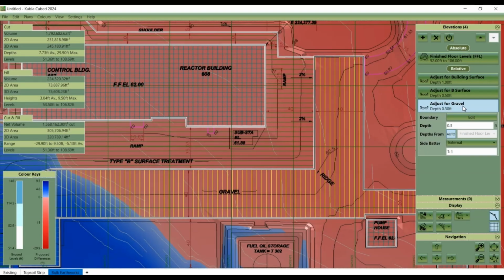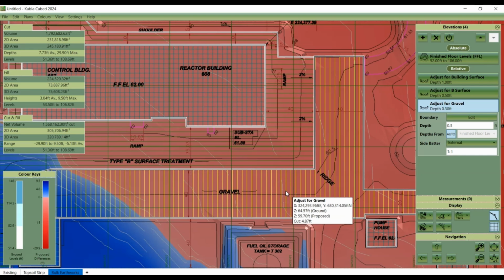It is a good idea though to verify the elevations either by using your mouse cursor, so you can see the total cut, but you can also see the ground level and the proposed level, so just make sure that they kind of match what you expect.